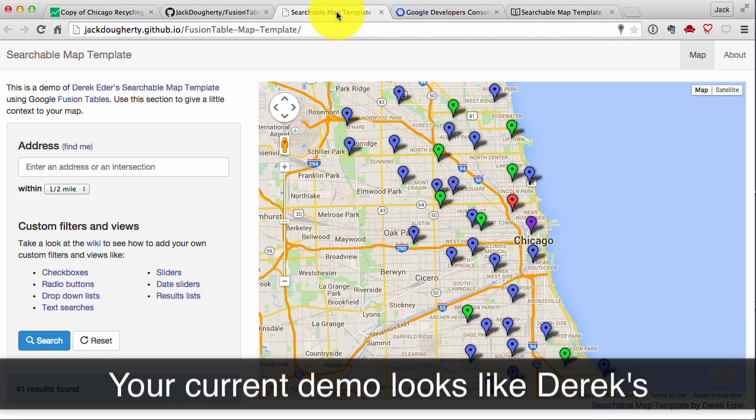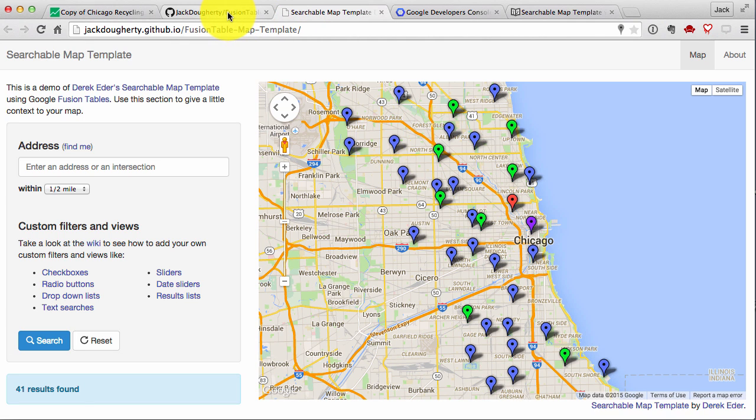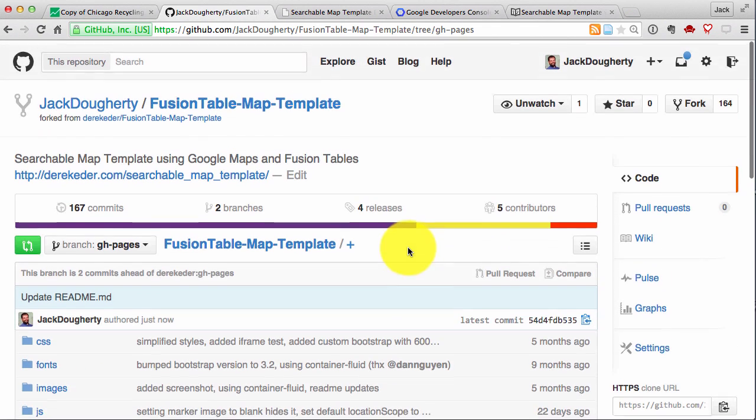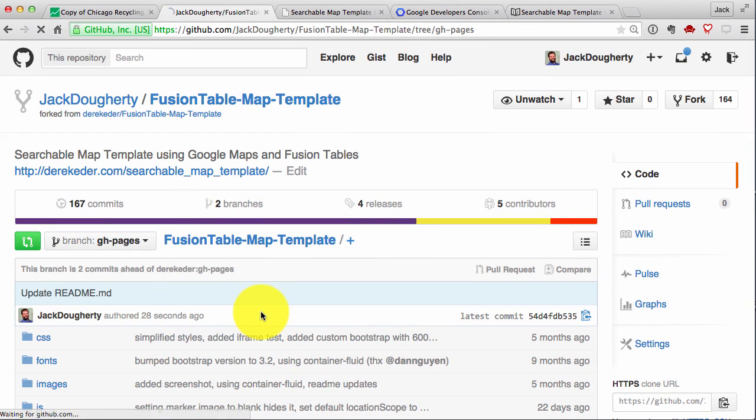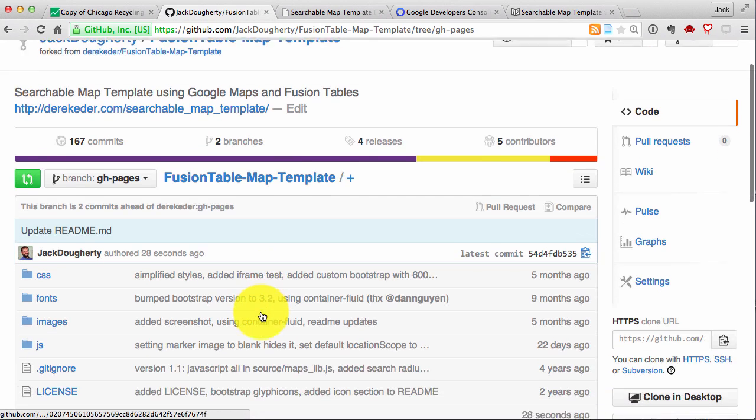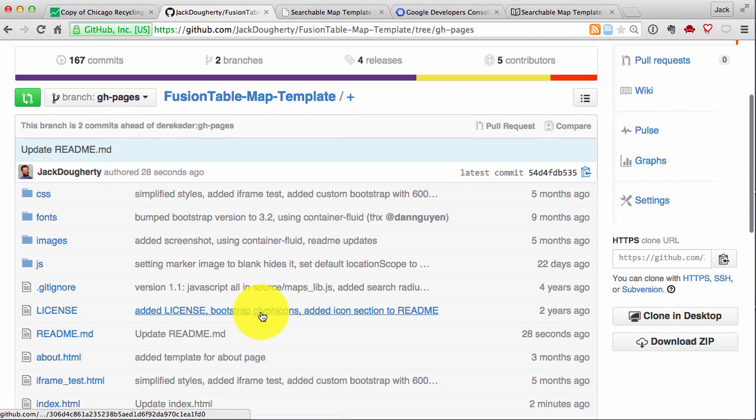And your current demo should look just like Derek's Chicago map, because you're using the same code right now. It may take up to 10 minutes for the first time for it to appear, and that's just the free GitHub Pages service. Now we're going to go in, and we're actually going to, in that GitHub Pages